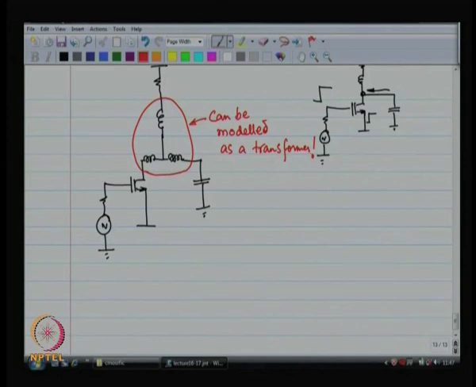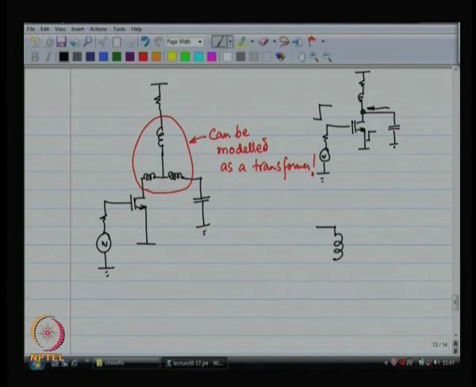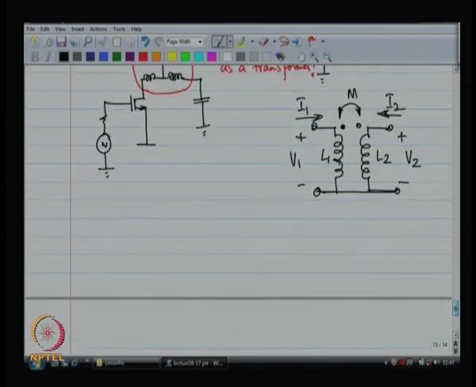Okay. Now, this is where you have to ask questions. Why is this a transformer? How does this remind you of a transformer? Does it remind you of a transformer? Mutual inductance. You might have forgotten mutual inductance, right. The drop across the inductor is I1 times j omega L1, the drop of the, so